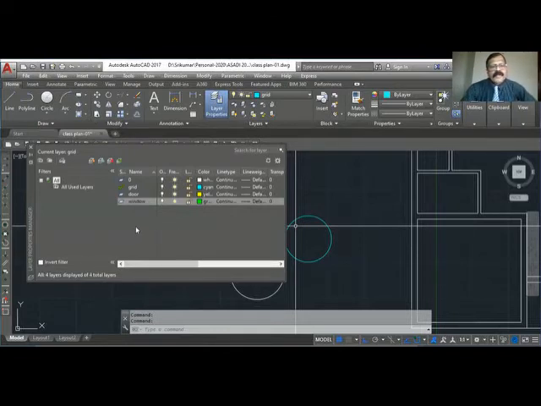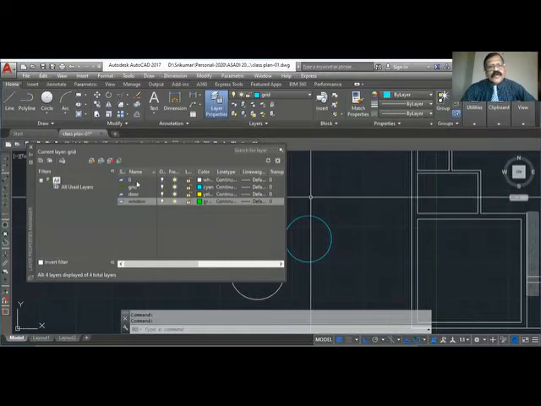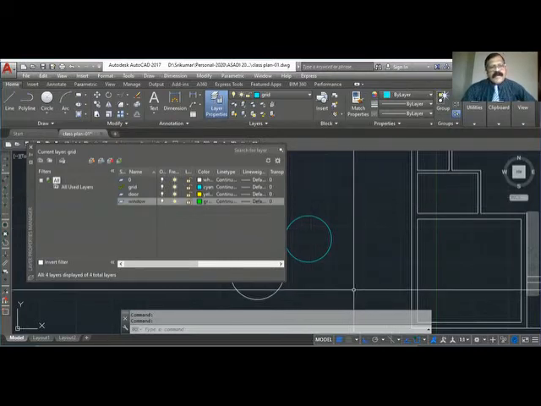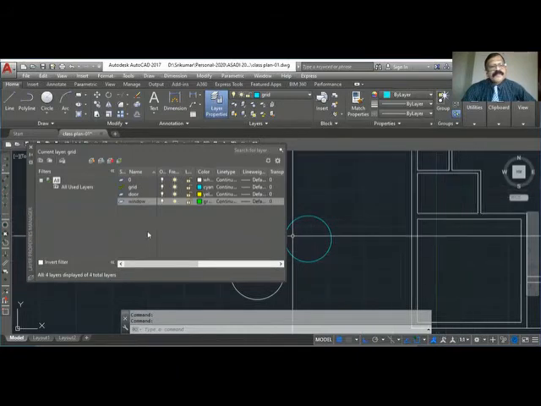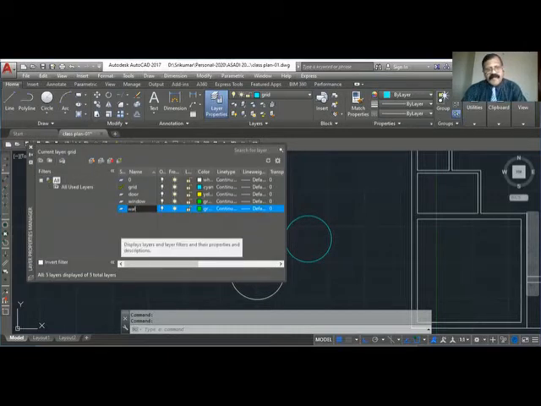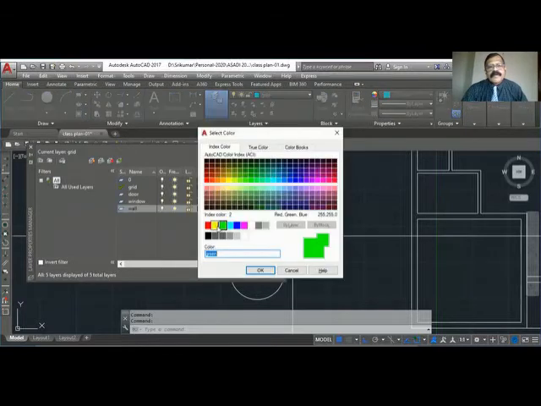No problem. Usually, what happened was you created your wall in the 0 layer. It was a little mistake. Instead of that, you could have started a wall layer and drawn this. Okay. So still, I can do that. I will create a new layer called wall. I'll create a wall layer.